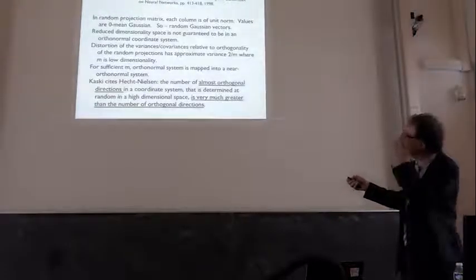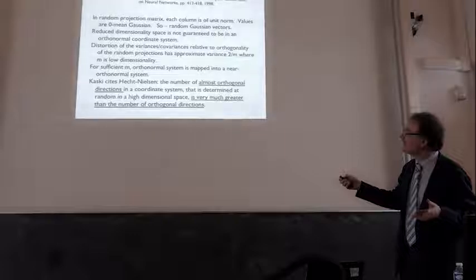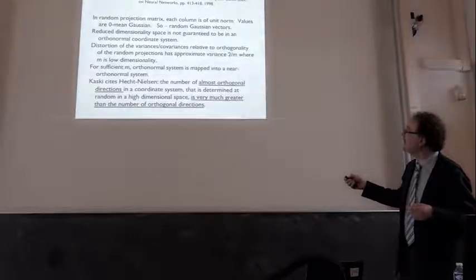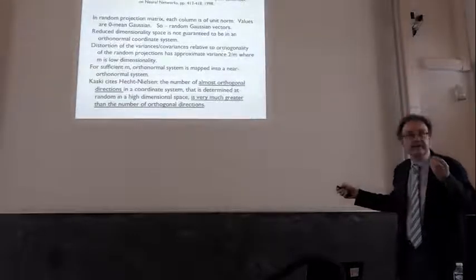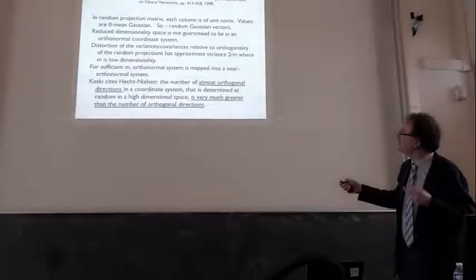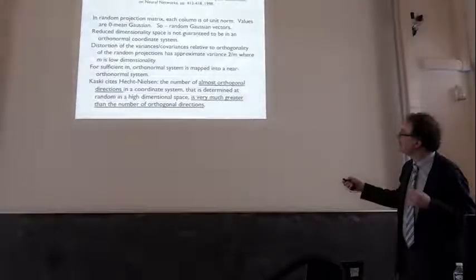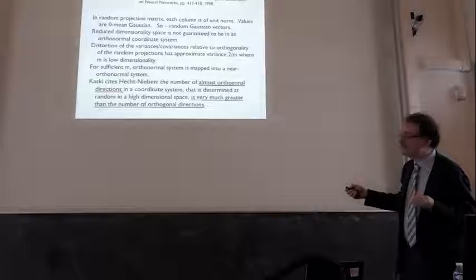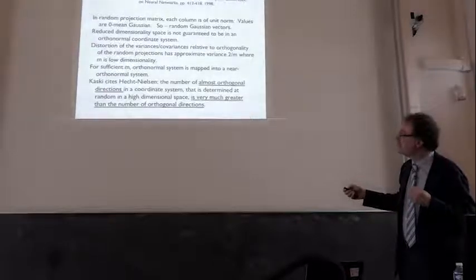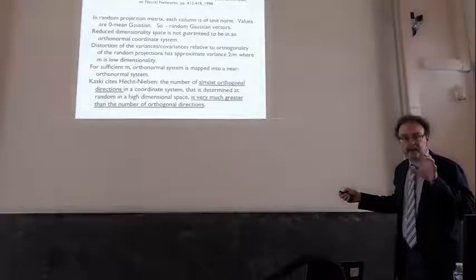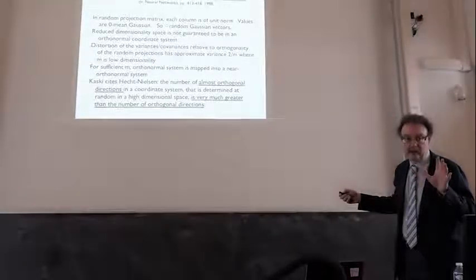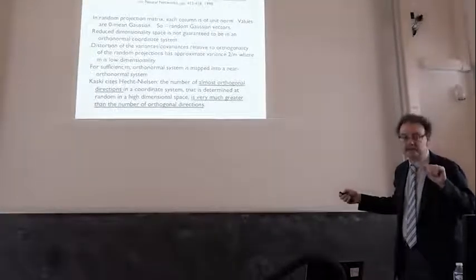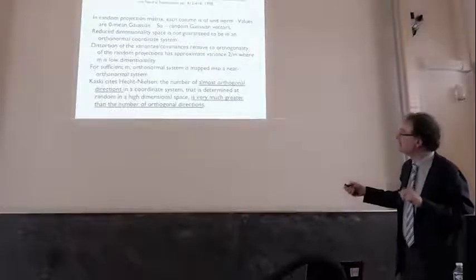So in 2 or 3 slides, I'm going to talk a little bit about the fact that, basically using this article by Kaski, going back a while also, in the area of the traditional mainstream approach, the random projections are Gaussian, and the reduced dimensionality space is obtained through use of a range, a number, potentially a large number, but that really is to be assessed in practice. But the orthonormality of that is not guaranteed.